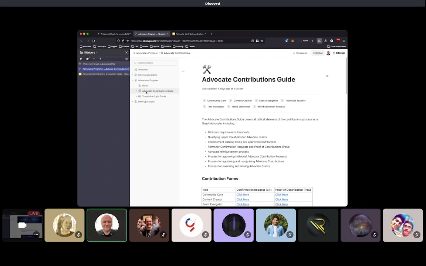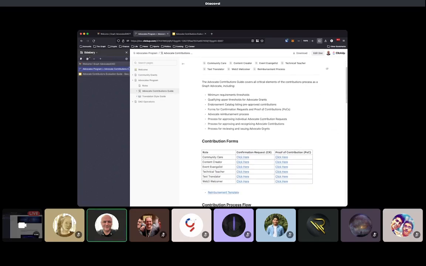And you want to get confirmation on that. And for that, we have a process that we call confirmation request. That is something you do before you actually start the contribution itself. And there's a form for that where you can fill out the details that you then get to the DAO, and we are reviewing it and getting in touch with you, talk about it,